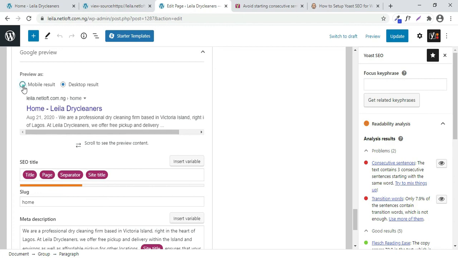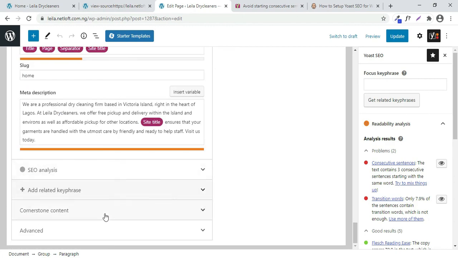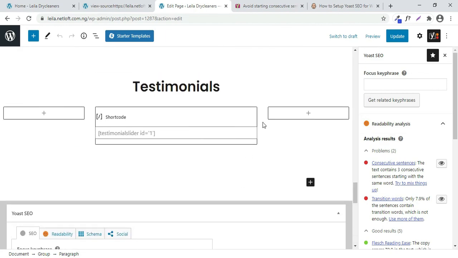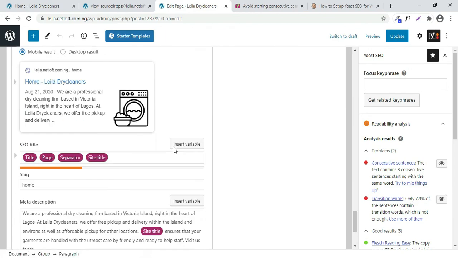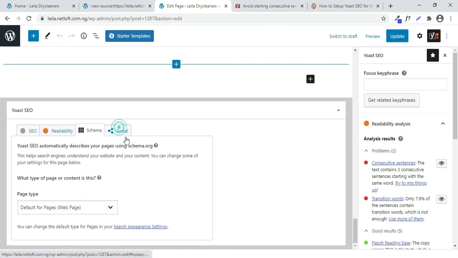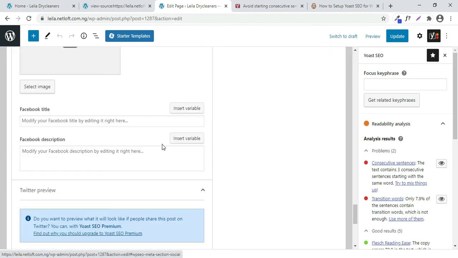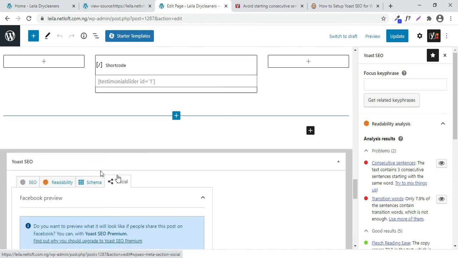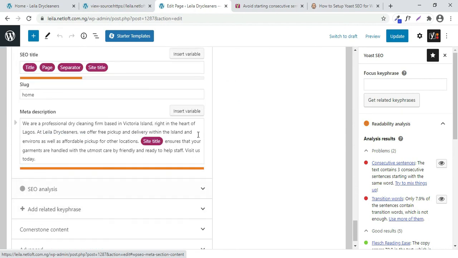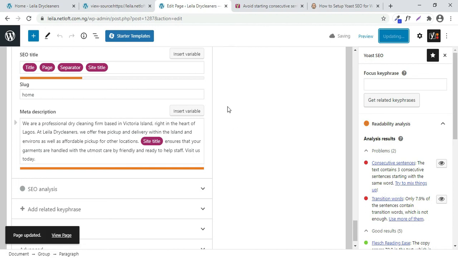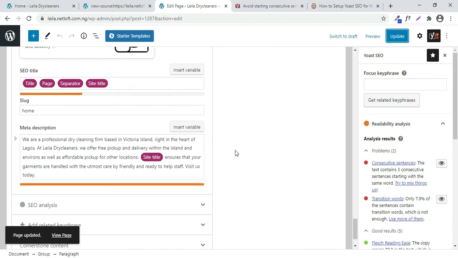So just play around with all of these settings. Keep changing things and seeing the results, and then at the end of the day, this plugin will help you ensure that your content is really superb. So there are other sections here like the schema and the social. So we don't have a Facebook image and all of that. So you would have to go through each of these one after the other to ensure that all of the sections have appropriate content, and then your site will be fully search engine optimized, and this would help you get more traffic. So let's move on to the next section of our tutorial.